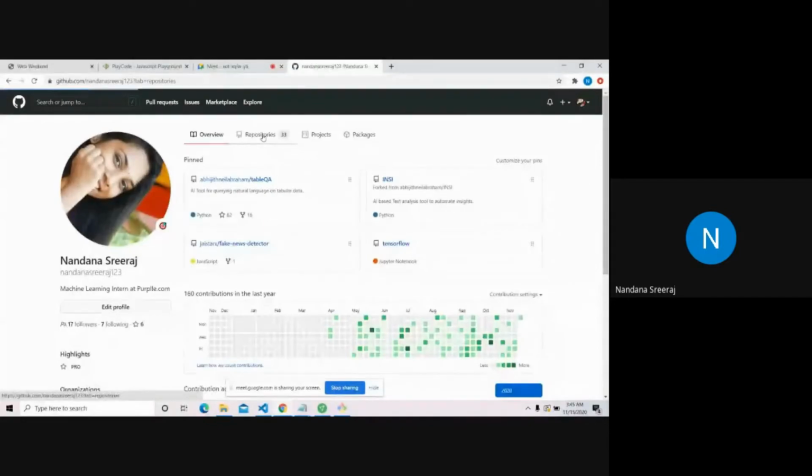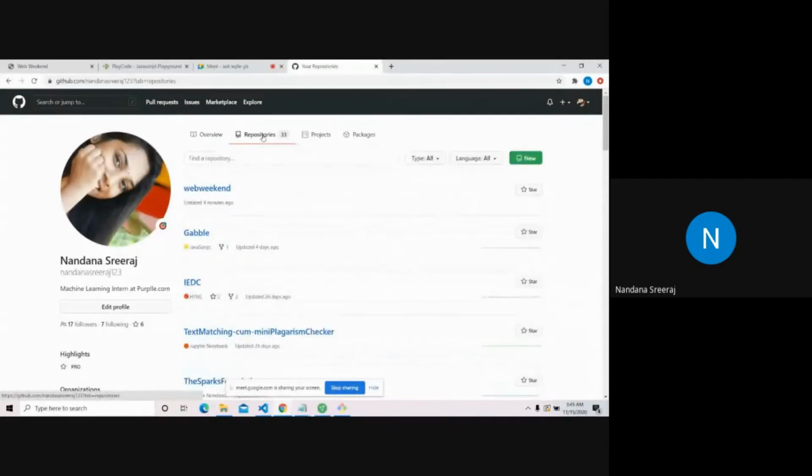So what a repo actually means is, see, imagine there are many projects that I'm doing in my laptop right now. In some case, my laptop gets broken, and the entire code is gone, right? The entire work that I've done is gone. It's a very painful thing to lose all my files. So what people do is store files on the internet. If you store things on the internet, you can access them. Even if my laptop is gone, it's there on the internet. I don't need to worry.